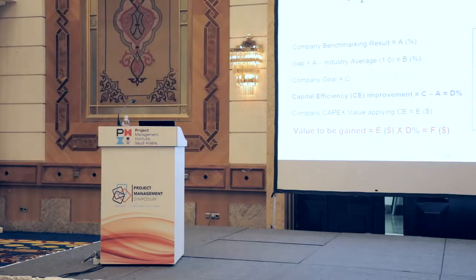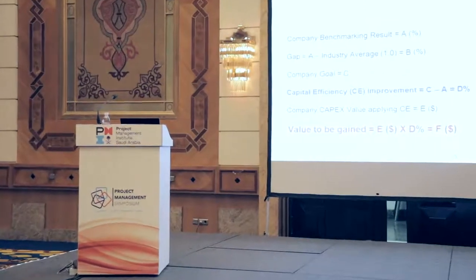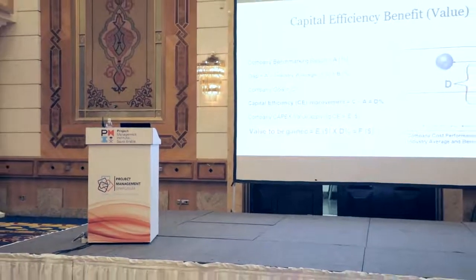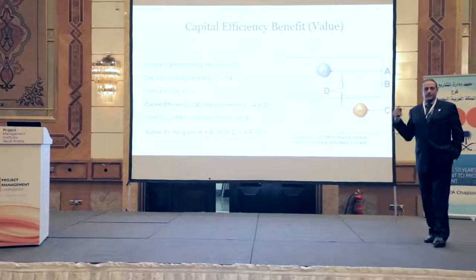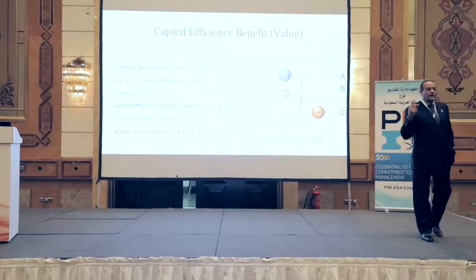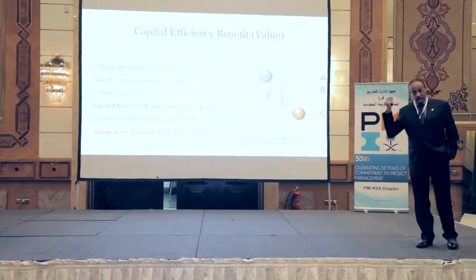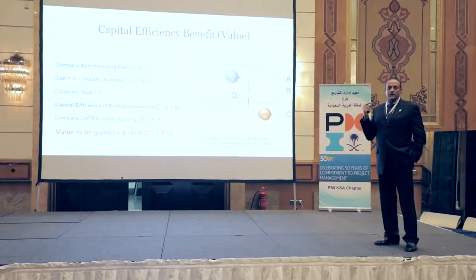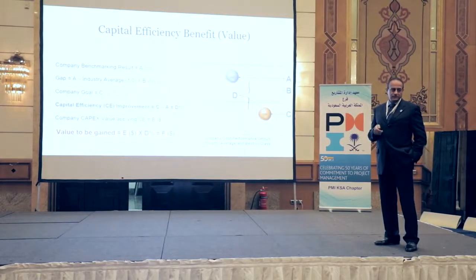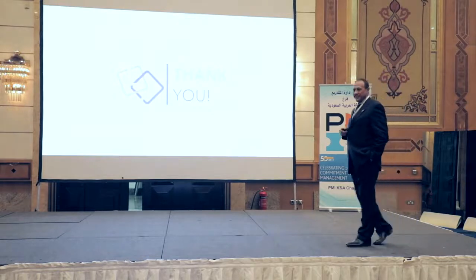So if you are 3-4% above the industry average in terms of cost, and you multiply that 3% for every project you will do, that's how much benefit you will get. If you recall one of the videos that Peter Boucher ran yesterday, the senior VP of technical services said that because Saudi Aramco has a large portfolio, 1% capital efficiency translates to millions of dollars. That's my presentation.